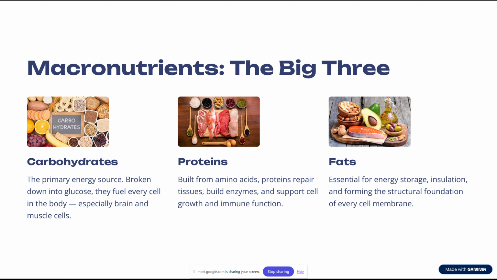So this particular point says especially brain and muscle cells. This is to tell you that your brain is an organ that largely depends on glucose for its functioning. So if you have a glucose deficit, it implies that you're going to have impaired